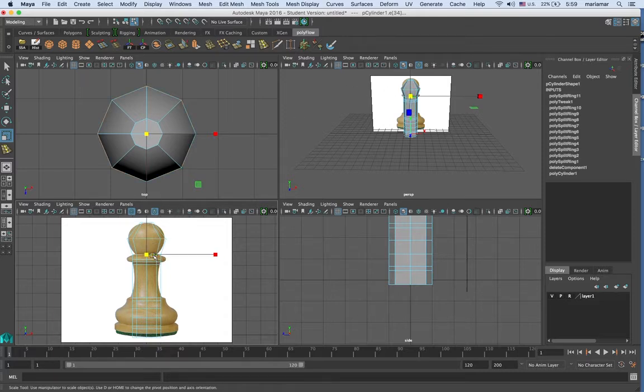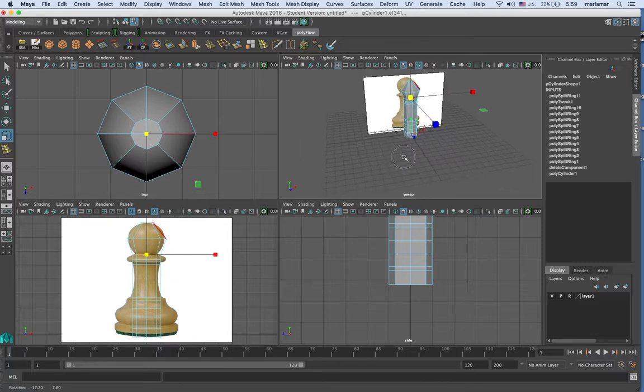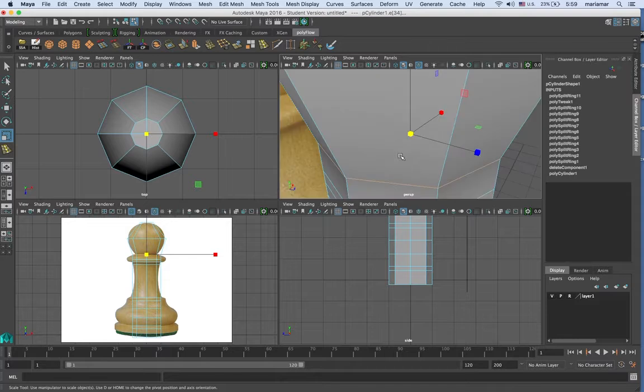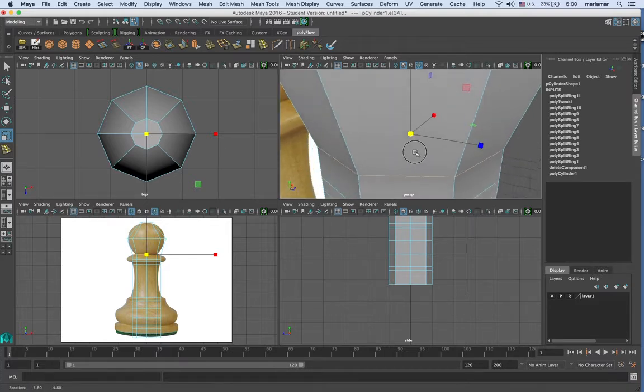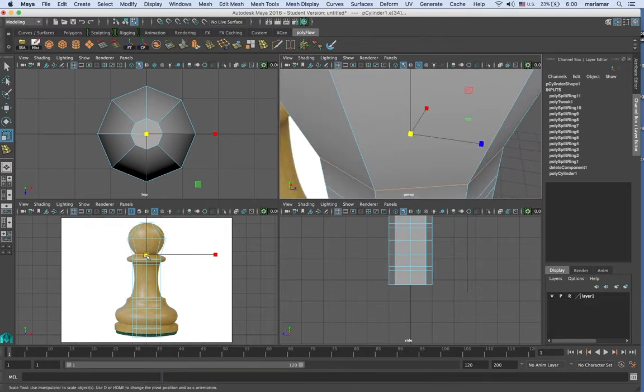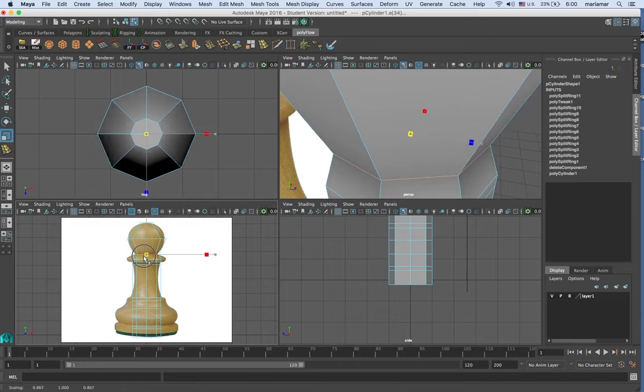Then I'll double click and select this edge loop. I can tumble around here. If I'm hovering over this window, I can hit F and I can zoom in on what I have selected, and I can tumble around, make sure I've selected the whole edge loop. And if I scale from the center, I can scale this in. Now here,